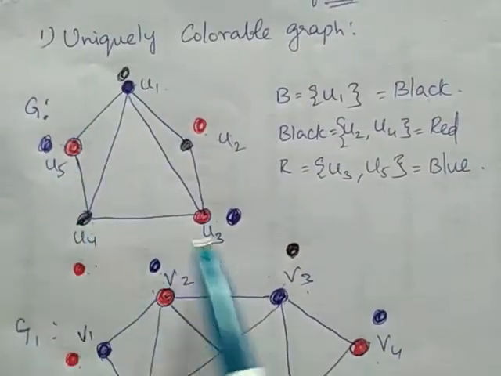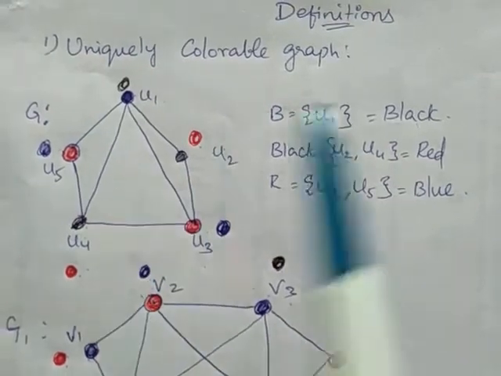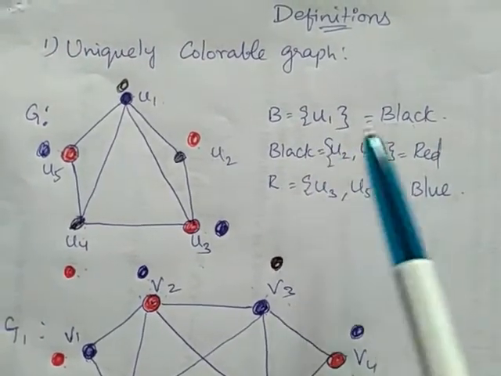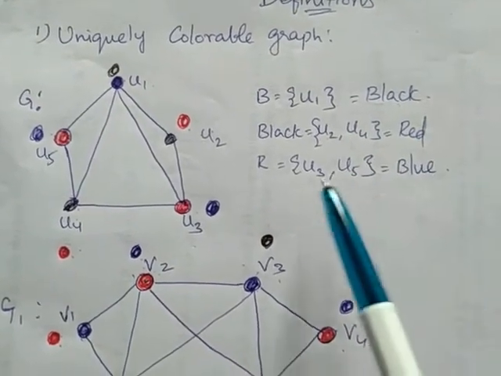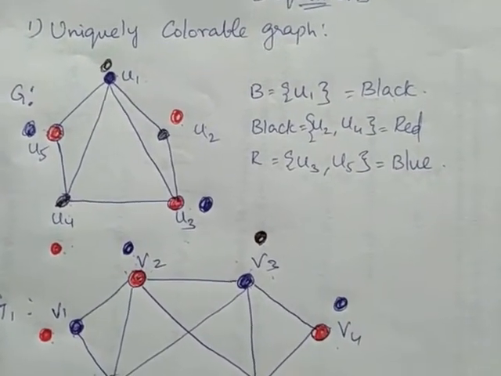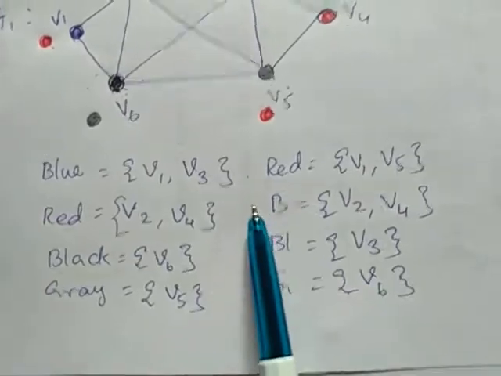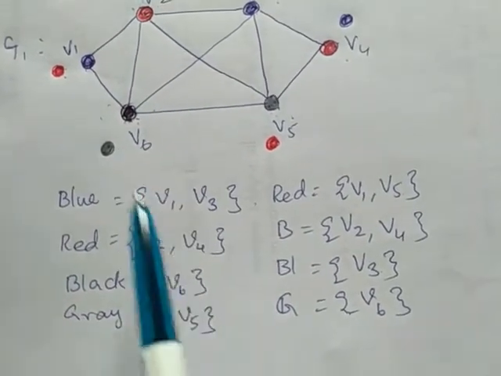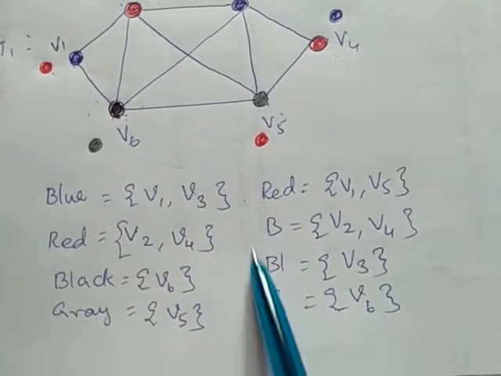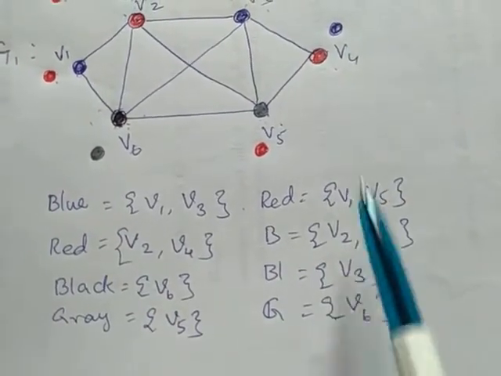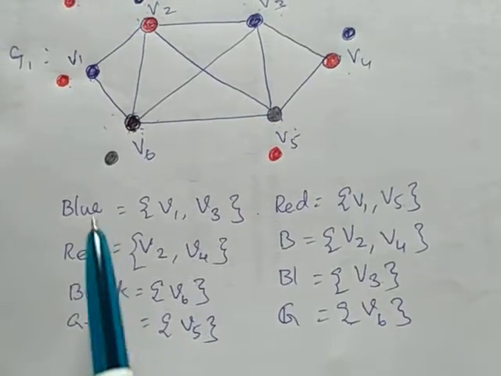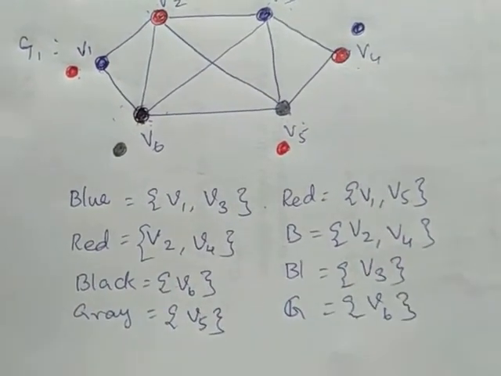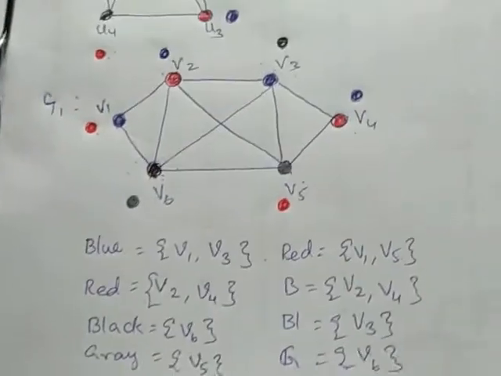If you color in any way, if you try, only V1 takes one color, V2 and V4 share the same color, V3 and V5 share the same color. But in this case, this way of coloring the graph is also properly colored and this way of coloring the graph is also properly colored, but the colors shared by the vertices may vary. So this is the difference between uniquely